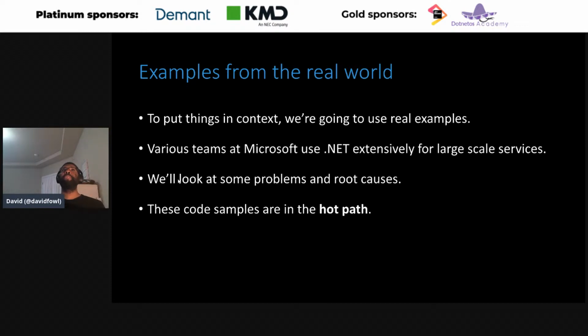These examples came from teams who were running in production, looking at running services. They had problems. They ran a profiler. They found that these were in the hot path. And we solved the problems after finding these because they ran it in production. If they weren't in the hot path, it's not to say that they aren't important to optimize. It's just that maybe you wouldn't spend all your cycles trying to optimize everything if it wasn't that important.